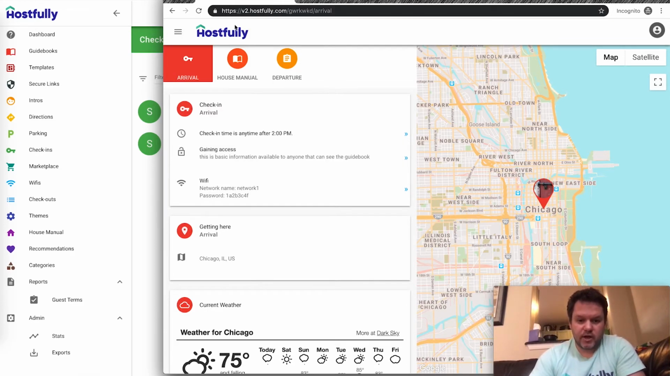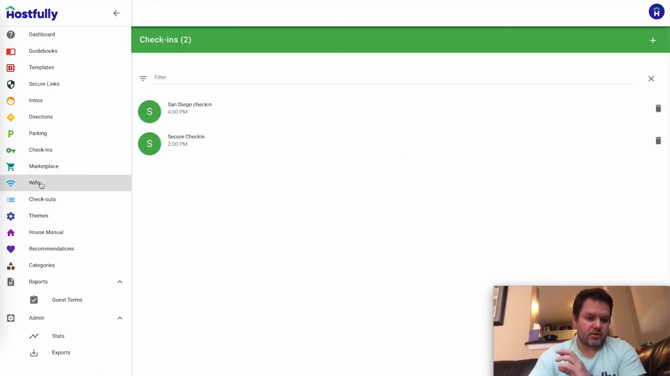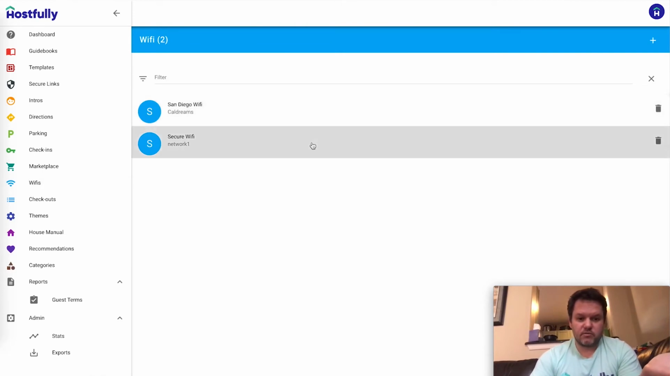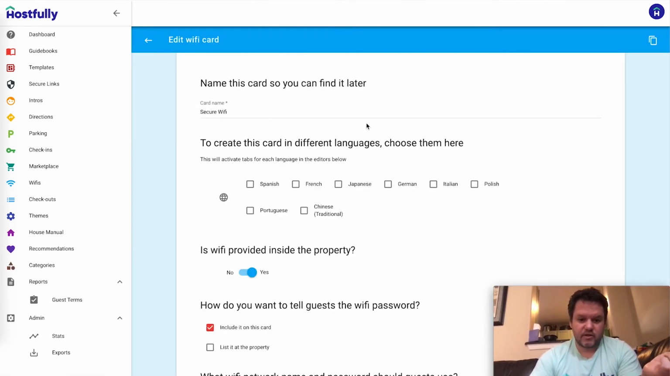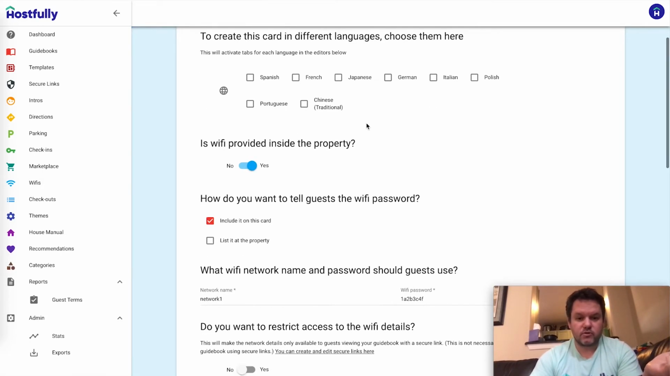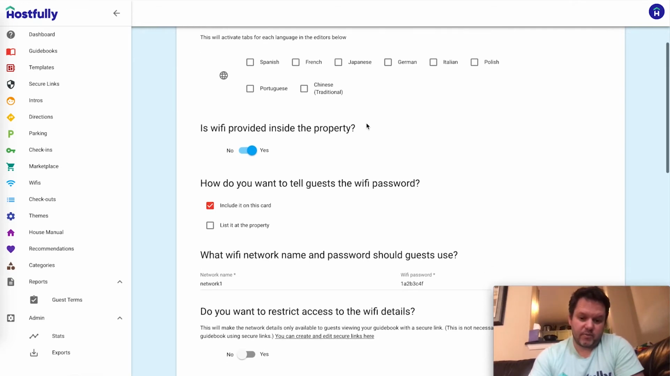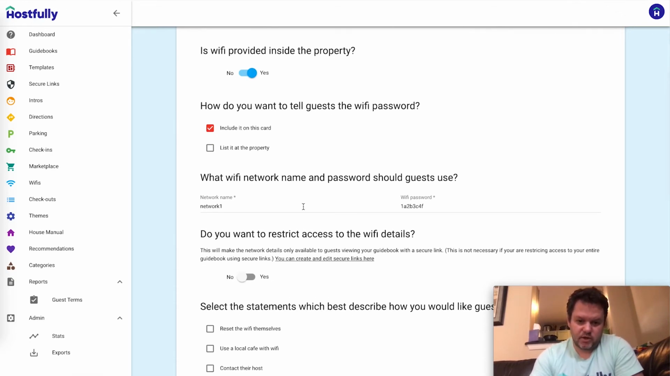So I'm going to try not to refresh this old one. Don't worry about that. Now the next step is to do the same thing for the Wi-Fi code. That's our next highest priority thing that we think people are going to want to not include by default. So on a Wi-Fi card where you're providing the network details directly in your guidebook, which a lot of people do,